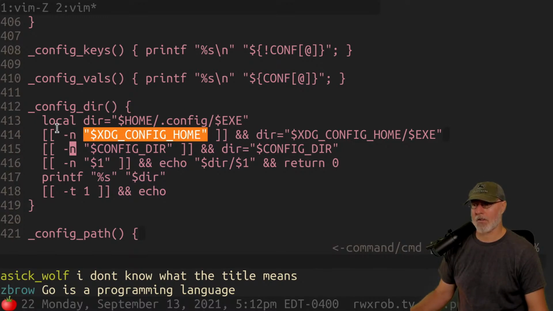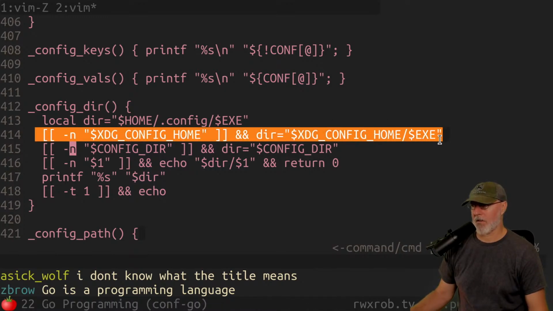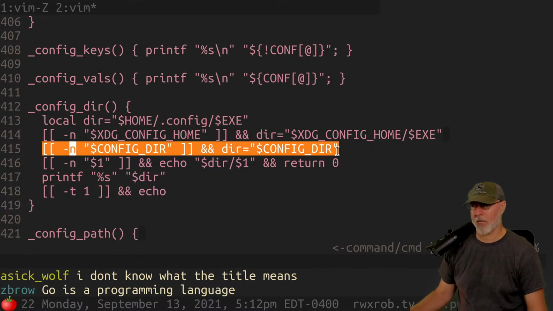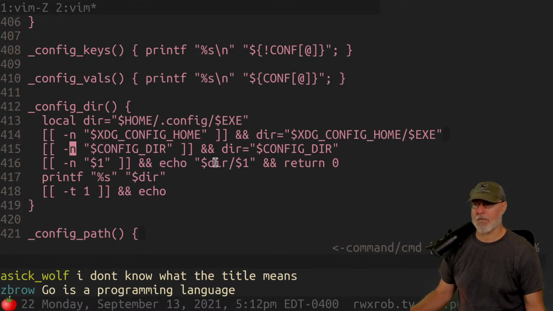The way and operators work is that they're evaluating conditions, and it doesn't proceed to evaluate each of the conditions unless the condition is true. So you can use it as a shortcut to avoid writing the if statement, at the expense of clarity sometimes. So here we have short circuit logic. And so we do this here, and then we go here and set dir equals blah, and then /exe. So this says, okay, set the directory to that if we have it, right? And then it says, if I have a config directory, override whatever the other one is, and then that one wins. So this is one of these last-wins kinds of logic trees.